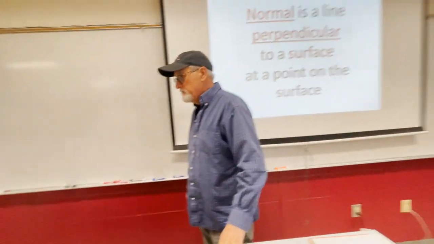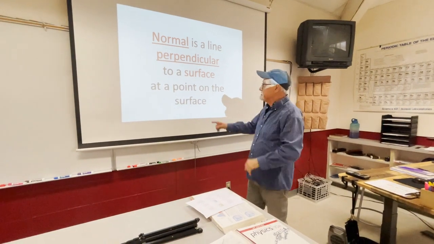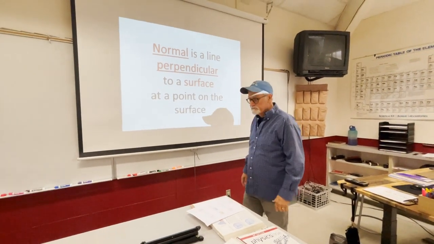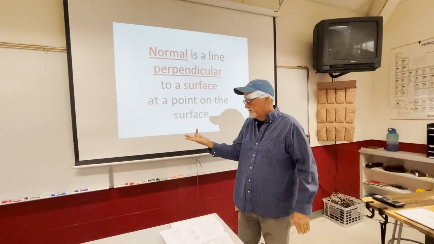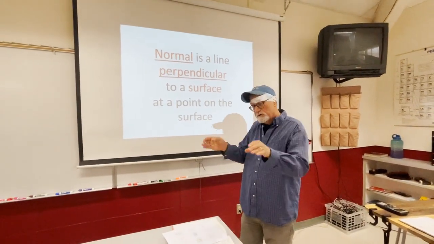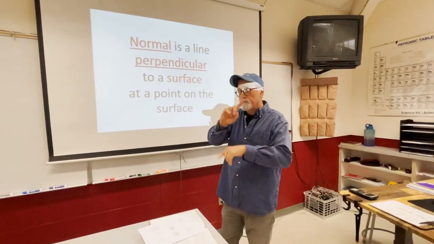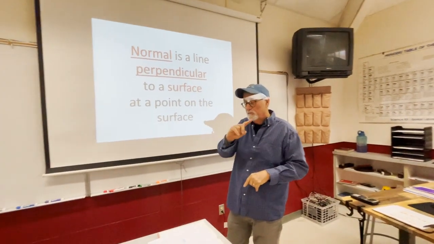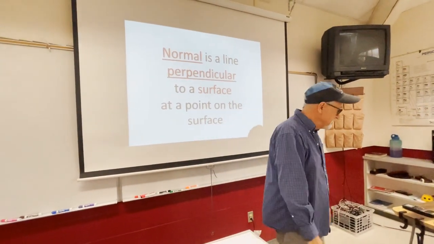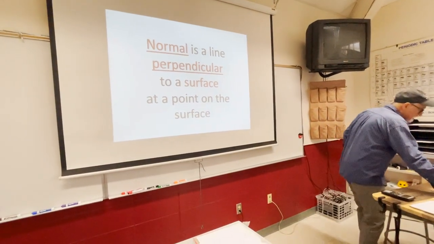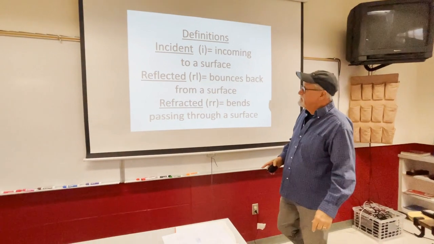All right, but it's really important here, at a point on the surface, because some things are flat, so the normal is going to be perpendicular to that, but some things are curved, and so a normal on a curved surface is going to point in different directions depending on where you are on the surface. So this is a basic important idea for optics. All right, so we have to have some definitions,